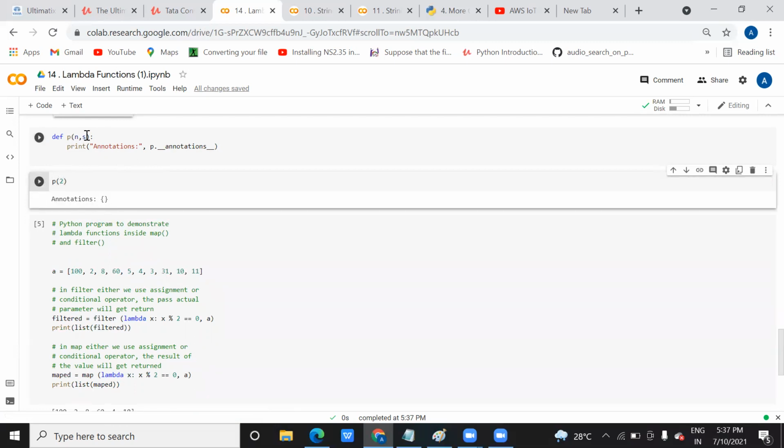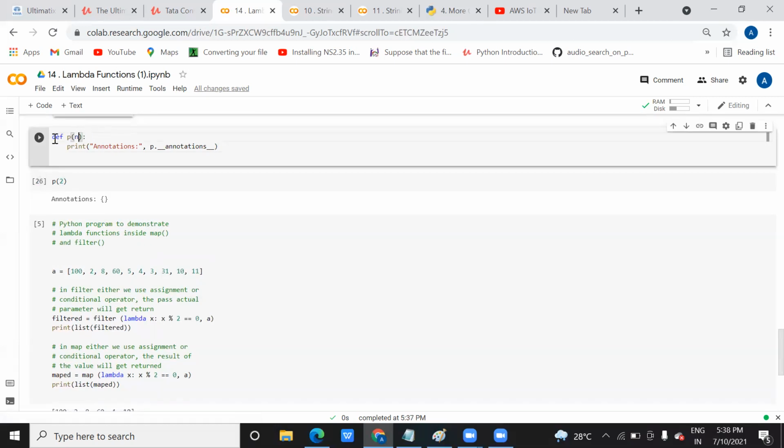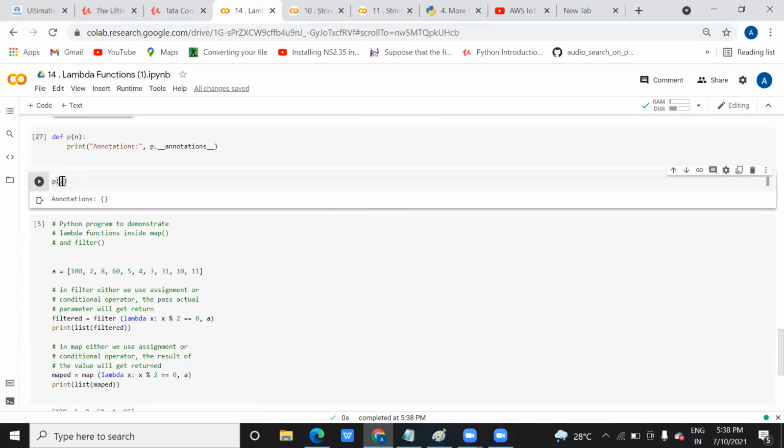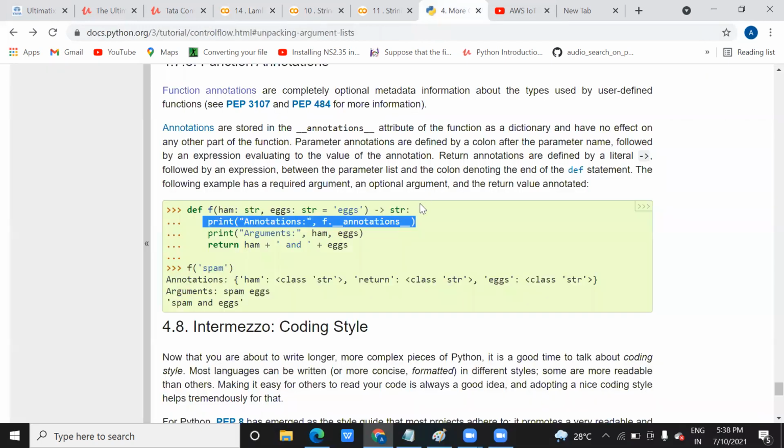We want the metadata of this function. Okay, let me try with p whatever n. Just one minute, let me check.